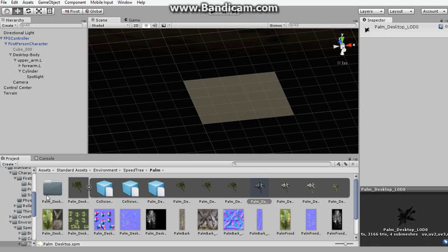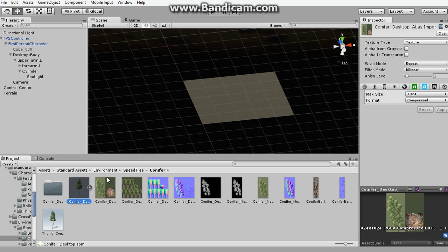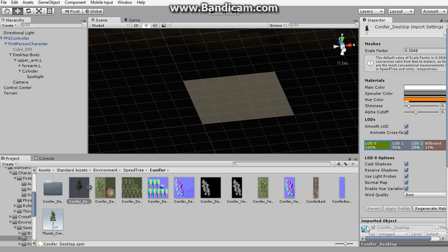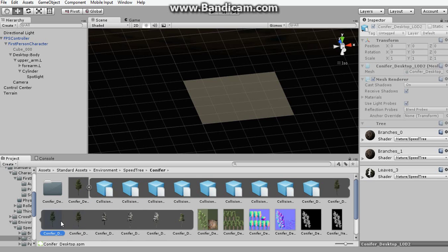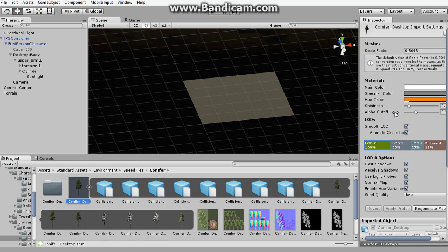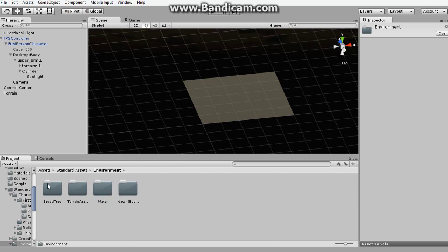These are just like the mesh speed tree. There's this type of tree. What did we do? Oh, anyways, and then there's of course this type of tree, which is the one that